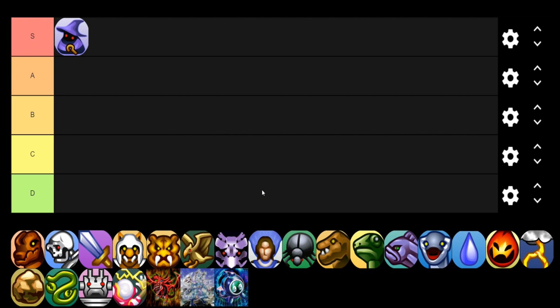And you always can't forget Exodia, which had some areas where it dominated, and you got to remember how many cards are on the ban list because of Exodia. So definitely S tier, without a doubt. Spellcasters is one of the best types in the game. Next up, we've got another S tier,